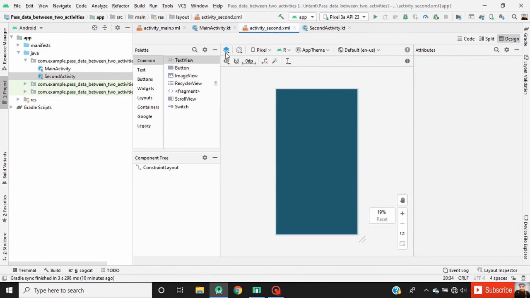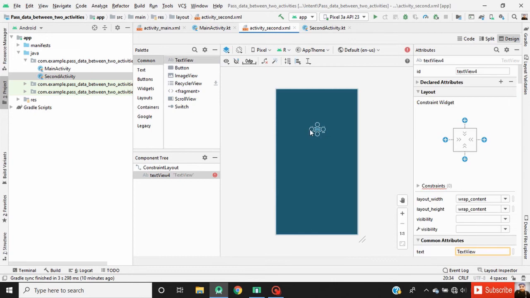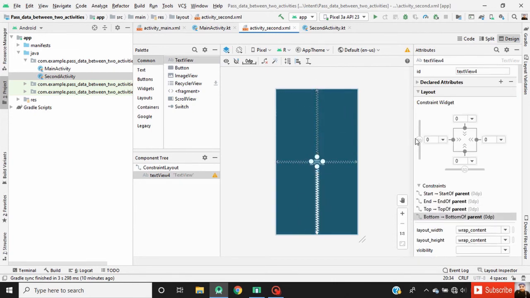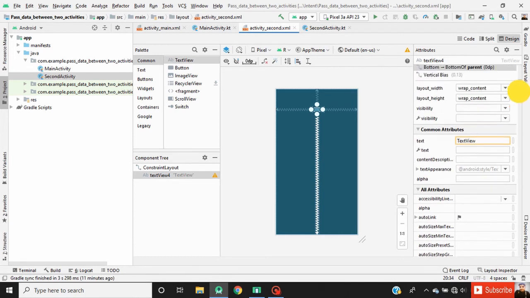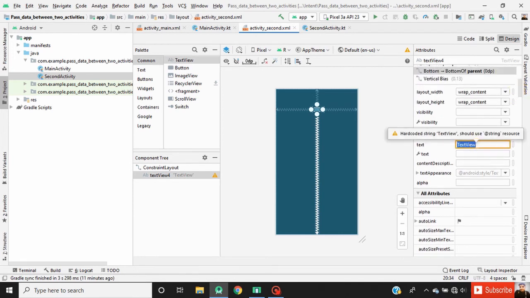Now go to activity second.xml. Here drag a text view in our activity layout. Define constraint for this text view. Change the vertical bias of this text view. Change the text of this text view to second activity.